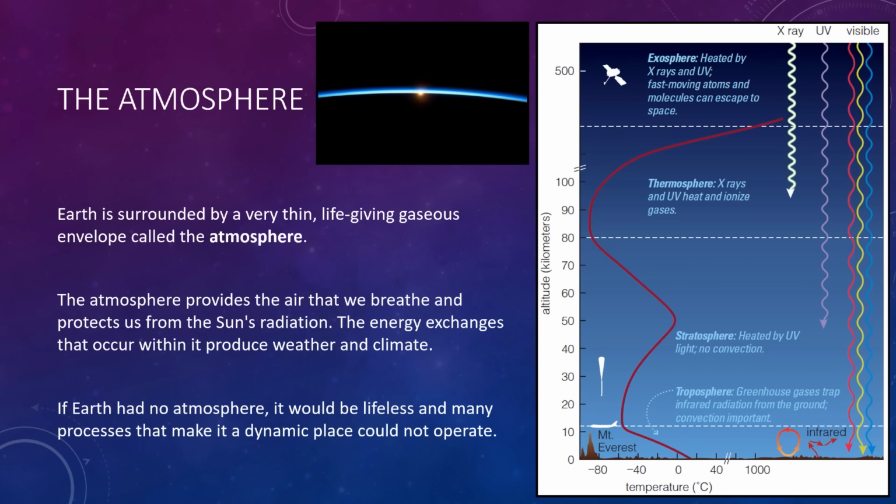All right, so one of the other Earth's spheres is the atmosphere. Earth is surrounded by a life-giving gaseous envelope that we call the atmosphere. When we watch a high-flying jet plane cross the sky, it seems that the atmosphere extends upward for a great distance. However, when compared to the thickness or radius of the solid Earth, which is about 4,000 miles, the atmosphere is actually a very shallow layer. One half of the atmosphere lies below an altitude of just 3.5 miles, and 90% occurs within just 10 miles